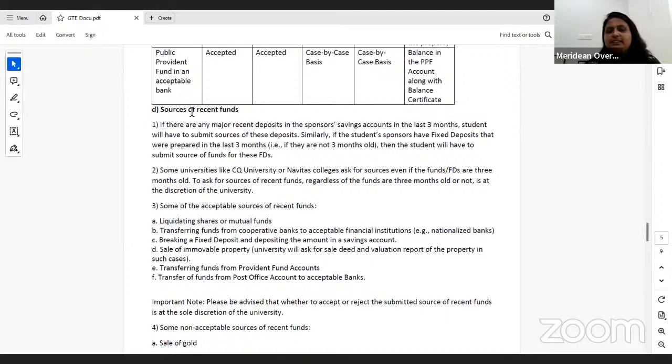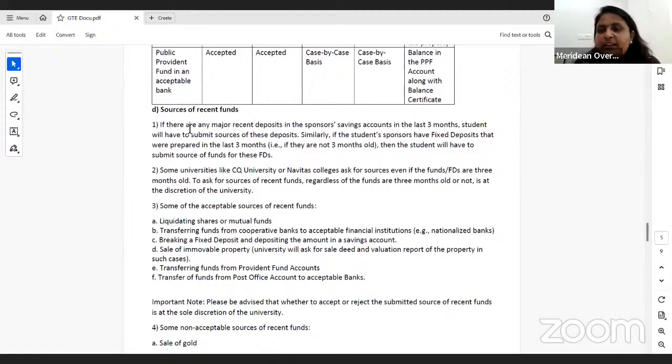सोर्स ऑफ रिसेंट फंड, सिंस अभी हम बात कर रहे हैं कि हमारे जो फंड्स होते हैं वो 3 महीने या 6 महीने पुराने होने चाहिए, बट अगर हमारे पास 3 महीने या 6 महीने पुराने फंड्स नहीं हैं, सो उस केस में हम क्या करेंगे? सो उस केस में एक ऑप्शन तो पहले हमने डिस्कस किया कि हम करंट अकाउंट से अपना पैसा सेविंग्स अकाउंट में डिसबर्स करेंगे एंड देन वी कैन यूज इट आउट। उसके अलावा वी कैन लिक्विडेट शेयर्स और म्यूचुअल फंड्स एंड वी कैन लिक्विडेट दैट अमाउंट इनटू द सेविंग्स एंड वी कैन यूज इट आउट। अगर आपके कोई कोऑपरेटिव बैंक या ऐसे कोई इंस्टीट्यूशंस, फाइनेंशियल इंस्टीट्यूशंस हैं जो ऑस्ट्रेलिया में एक्सेप्टेबल नहीं हैं, वो पैसा भी आप अपने सेविंग्स पे ट्रांसफर कर सकते हैं।